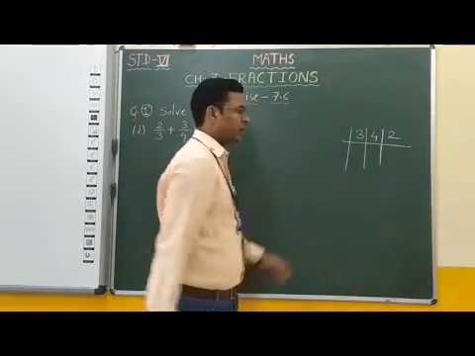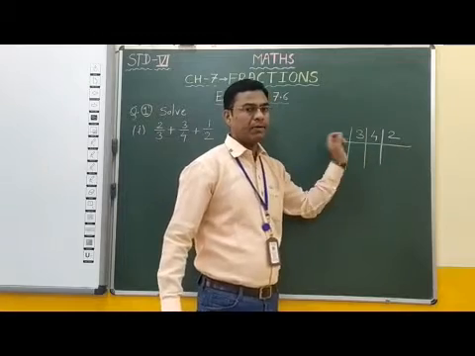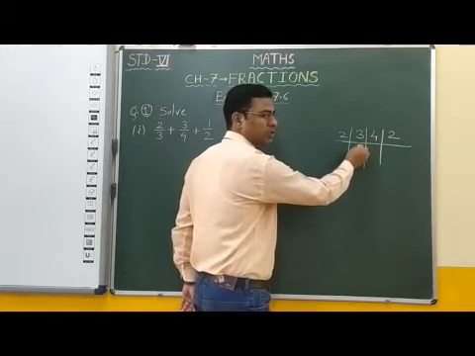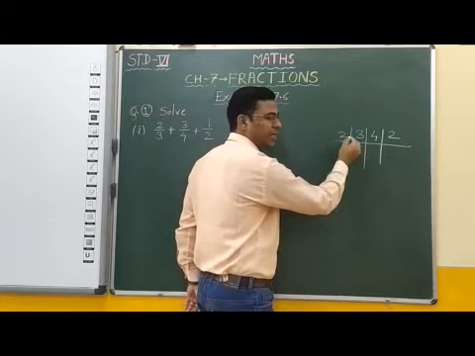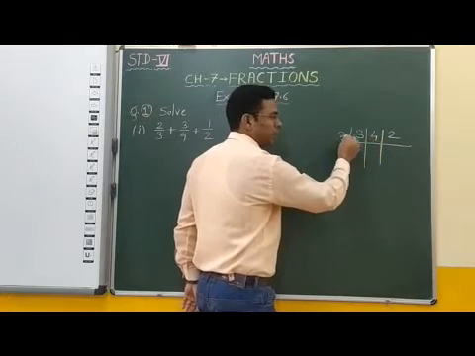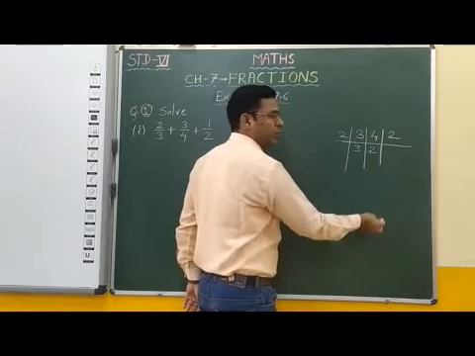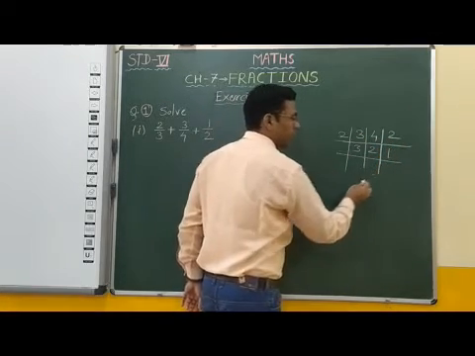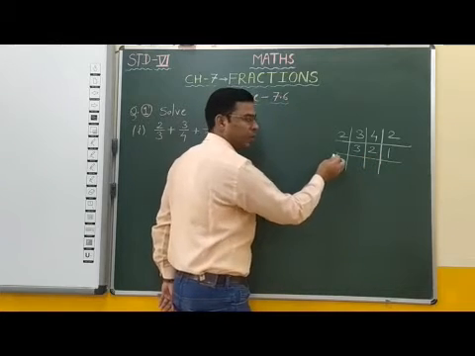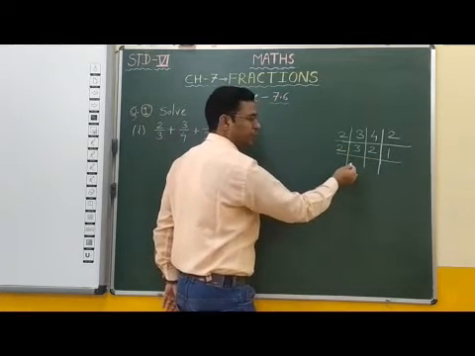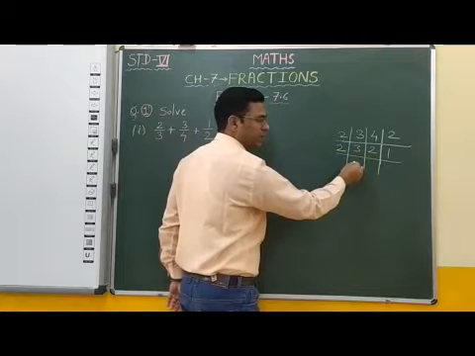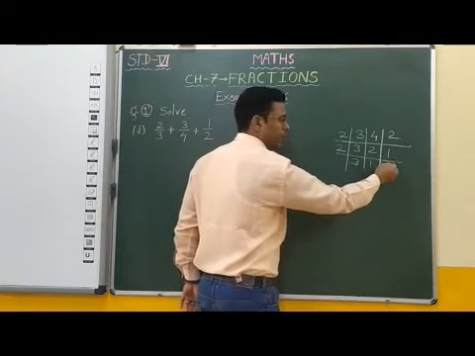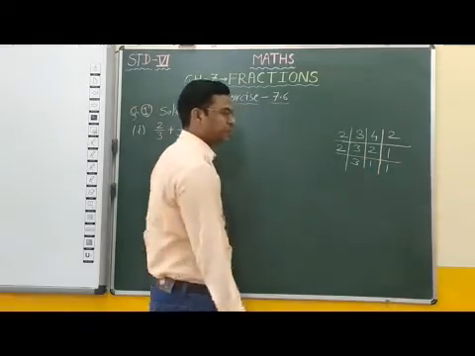Students, if you observe here 4 and 2 are divisible by 2. Therefore we can write here 2. 3 is not divisible by 2. Therefore 3 as it is. Here 2 2s are 4. Therefore here 2. Here 2 1s are 2. Therefore here 1. Now again 2 is divisible by 2. Therefore we can write here 2. Now 3 is not divisible by 2. Therefore 3 as it is. 2 1s are 2 and here 1 as it is.